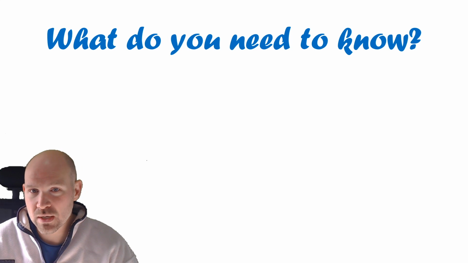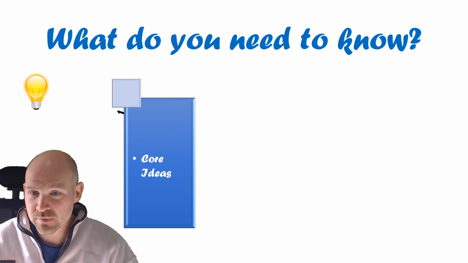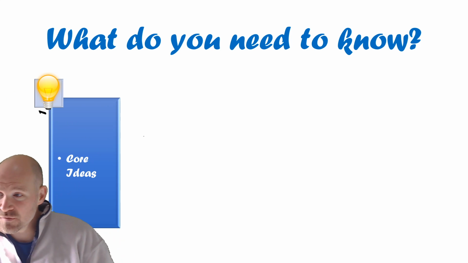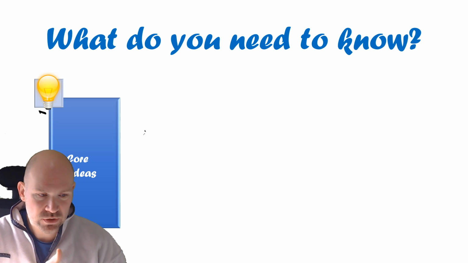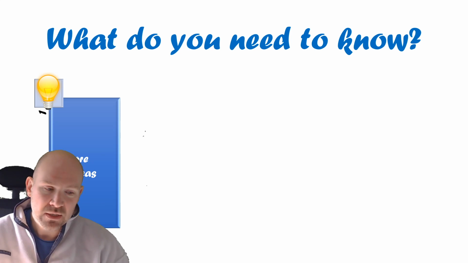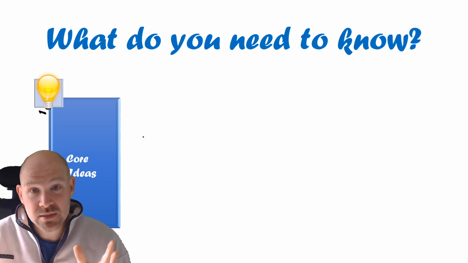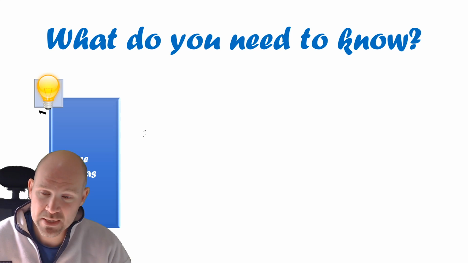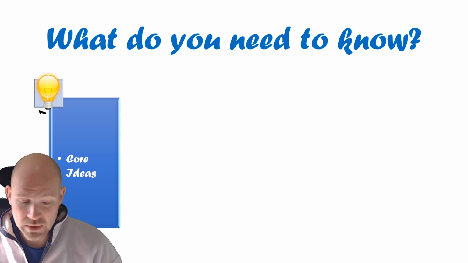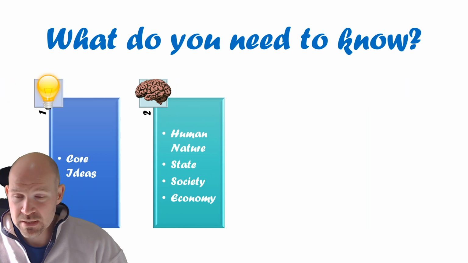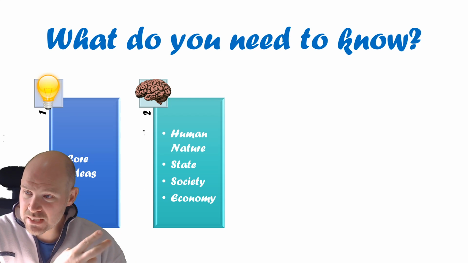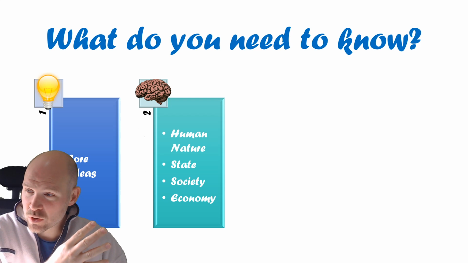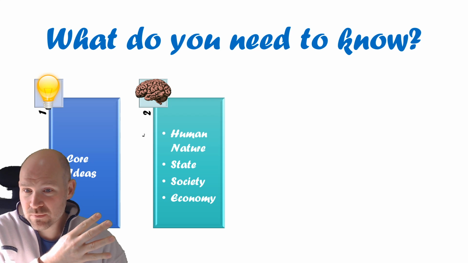So, what do you need to know when it comes to each core ideology? Well, for each ideology in general, each political idea, the first thing you need to know is the core ideas about each one. What is socialism? If someone is a socialist, then what are the core things that they will believe? Same with liberalism and so on. And there are some key terms that you will need to know and understand and be expected to use in your essays. You will also be expected to know what the political idea says about these 4 aspects: human nature, state, society, and the economy. And often your questions will be related to one of those topics.